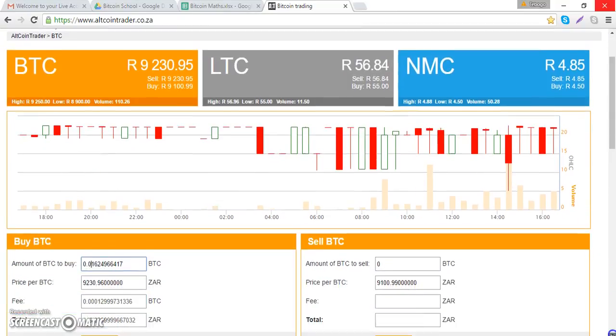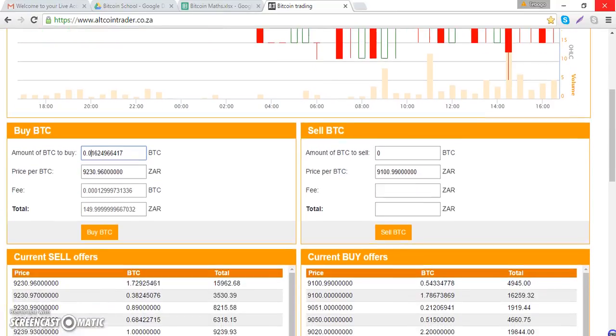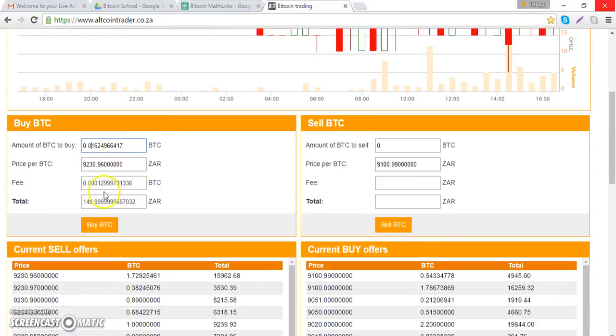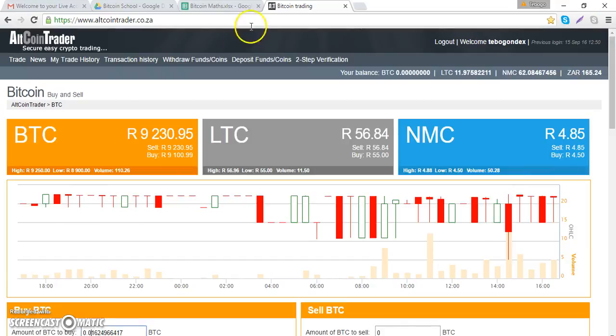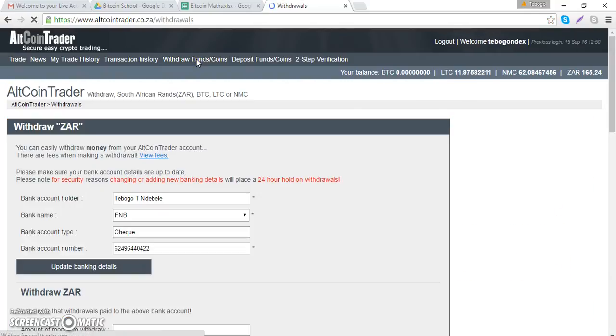So at the end of the day, if you are supposed to pay bitcoins of 150, which is what we have here, you need to buy more so that you can be able to cover this fee, and also when you transfer, you should be able to cover the transfer fee. I'm just gonna go to the withdrawal side. If you had a balance there and you want